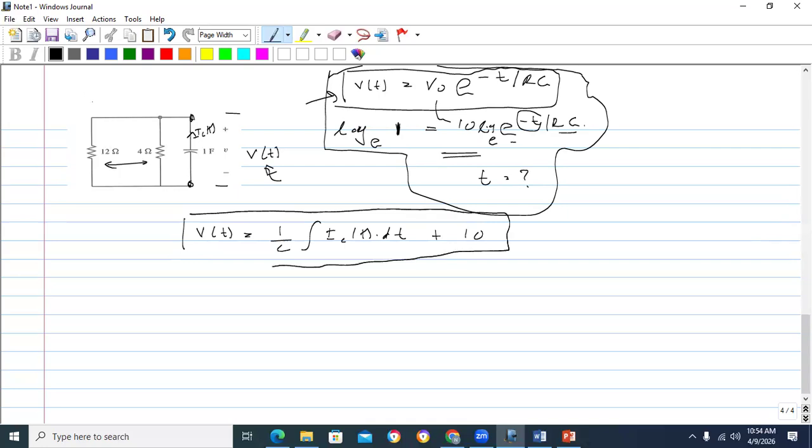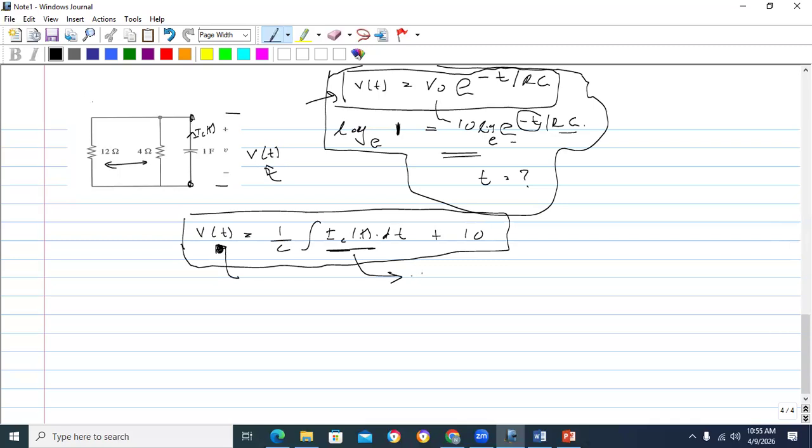What is the problem with this one? You need to find the differential equation to find the voltage, but here you can see the current term is there. Okay, but the current term is not needed here, because you are not asked to find the current, you are asked to find the voltage. Okay, so the current term should be